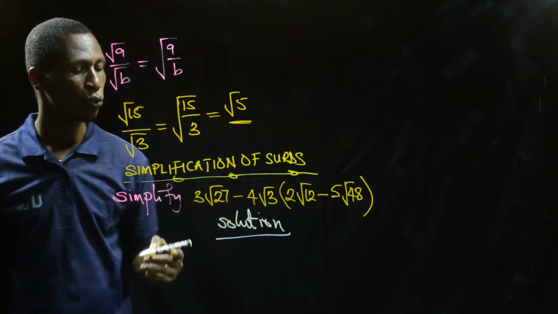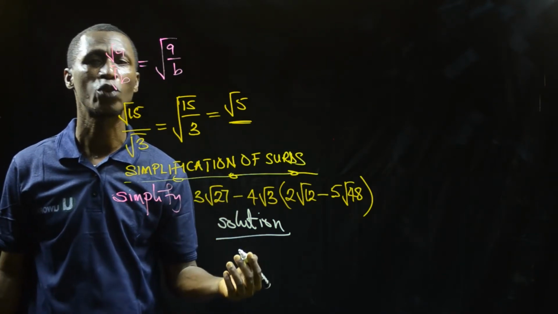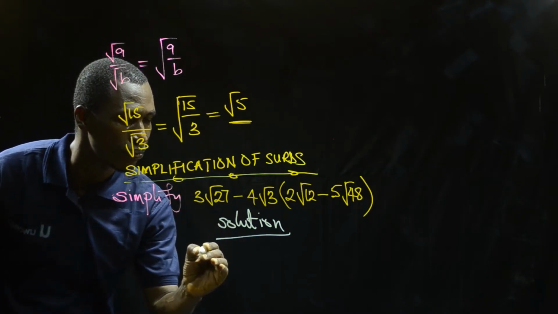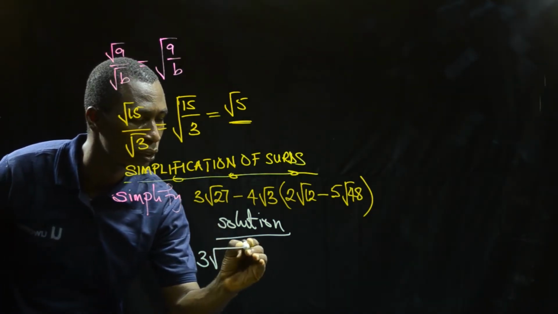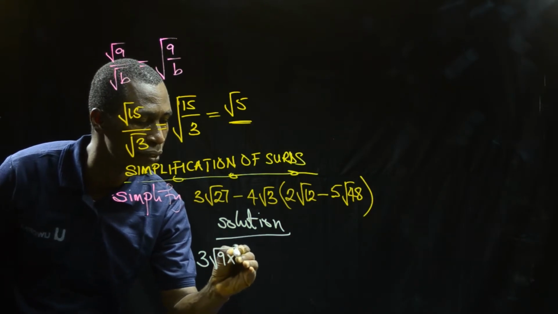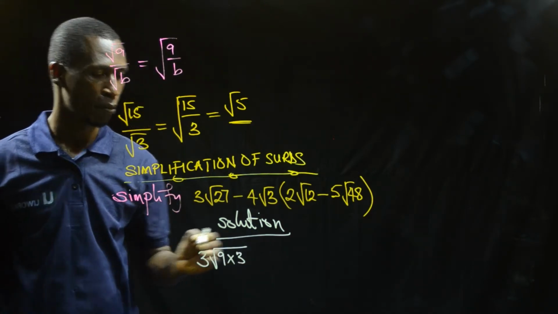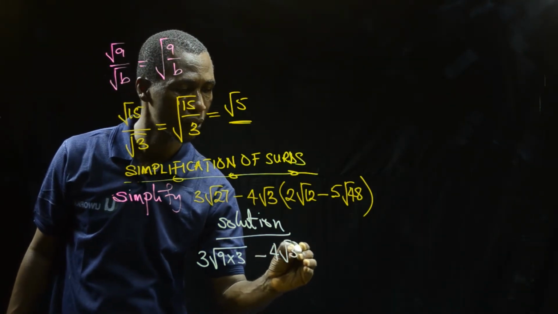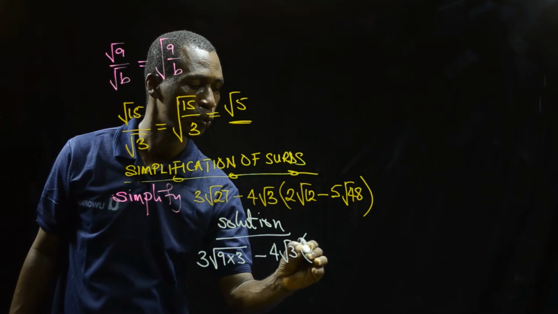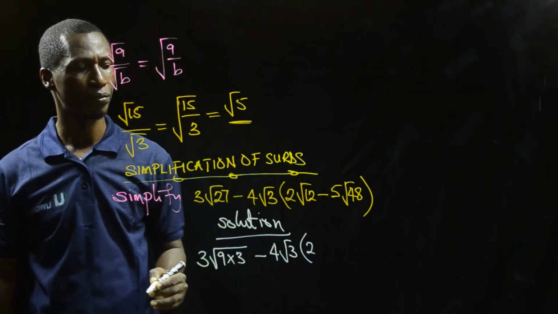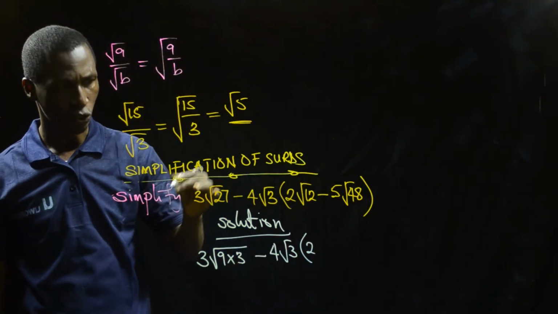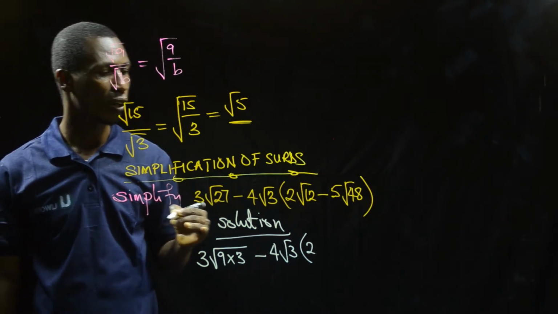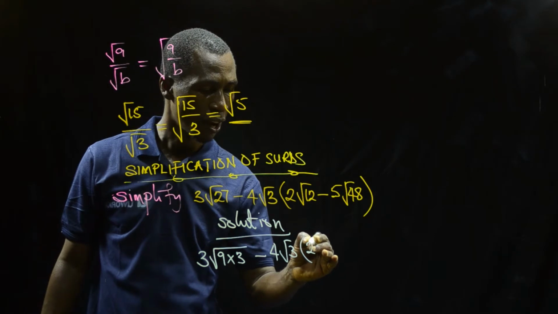So if I look at 27, I know that 9 times 3 will give me 27, and 9 is also a perfect number. So in this case, I'm going to get root of 9 times 3, minus 4 root 3. Open the bracket, 2 times root of 12. Is there a perfect number that is in 12? Yes, we know that 4 is in 12. So if 4 is in 12, I'm going to get 2